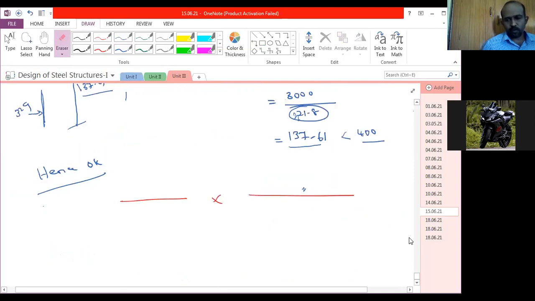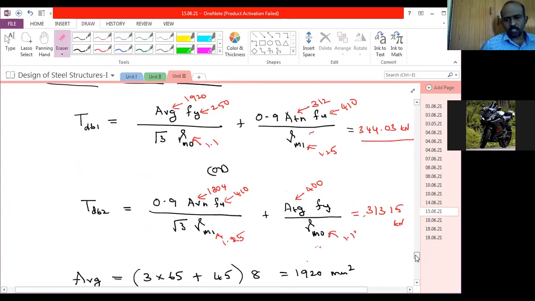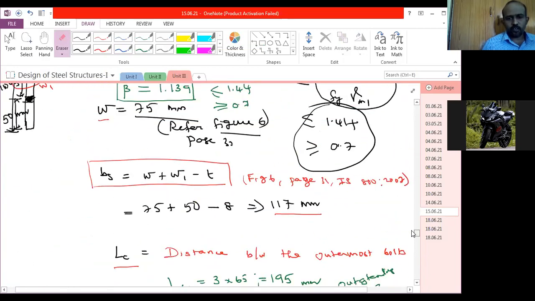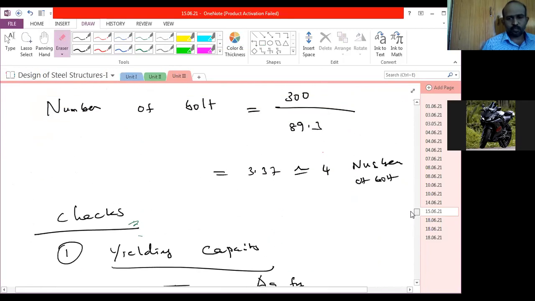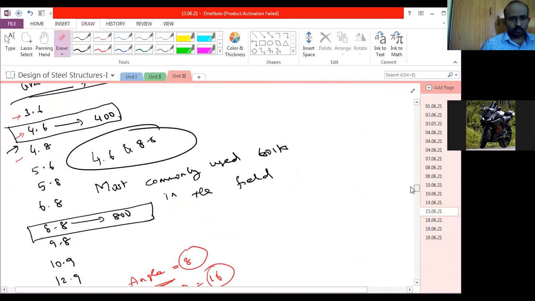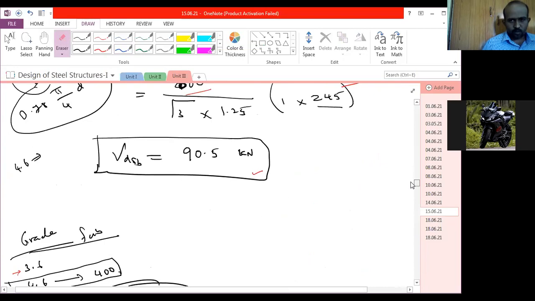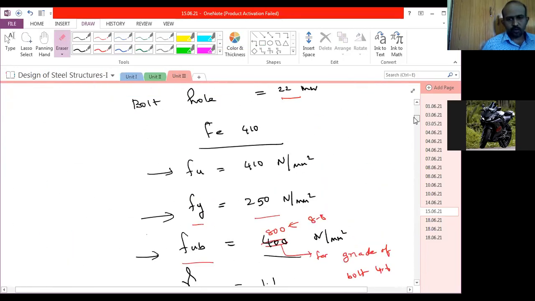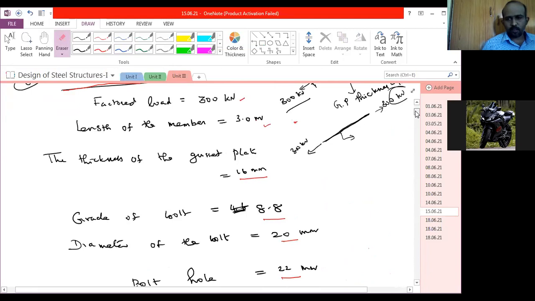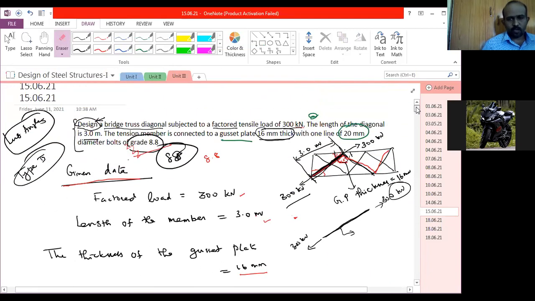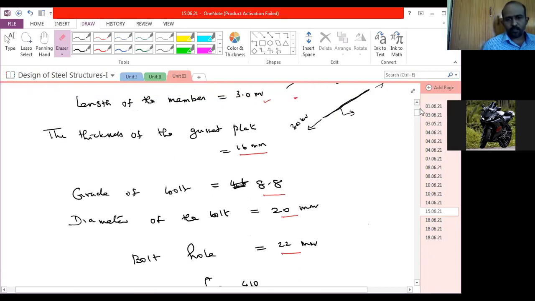This is the problem we discussed in the last class, the entire procedure for the design of a tension member. Please learn the procedure. It's very important to know how to do any problem. You need not memorize anything. You have to understand what we are discussing in the class, so please get rid of the habit of memorizing. Understand how to do the problem, then you can easily do the problems.